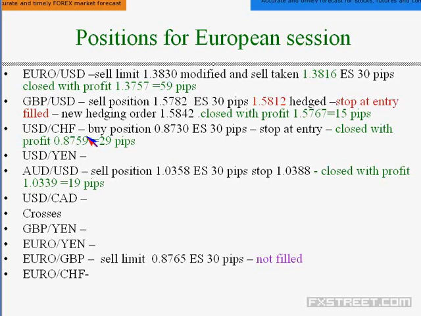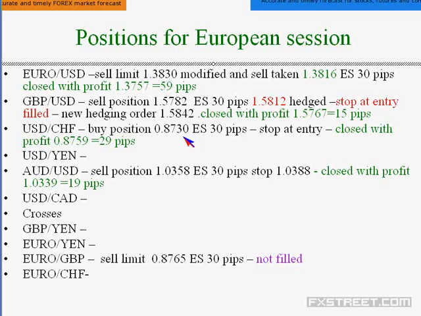Then in the case of CHF, I kept a buy order during that discussion. The market was around 87.49 or 45, and I kept a buy order at 87.30. As I explained, 87.27 was the initial high, and they went up to the level of 87.65 and then 87.55 at that time, and came down, and I kept the order at 87.30. They filled it during the course of our webinar and I kept an entry stop order 30 pips below,